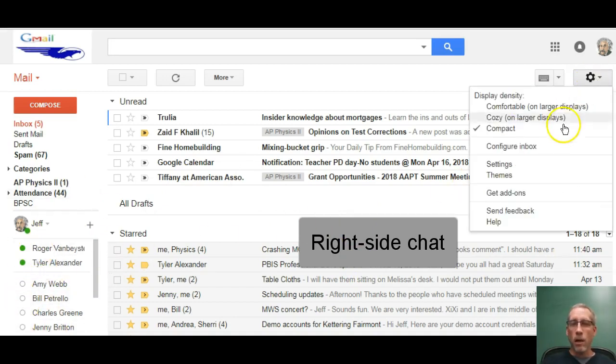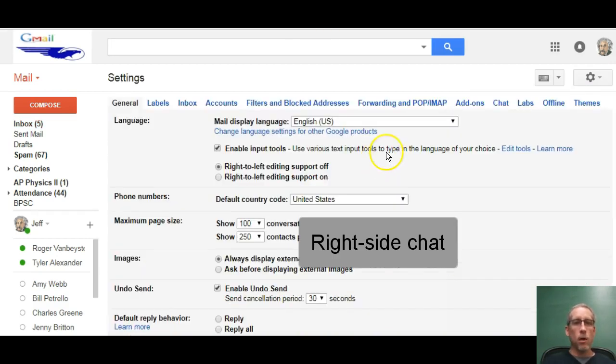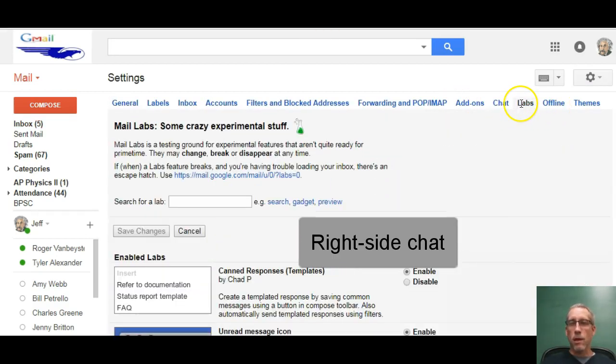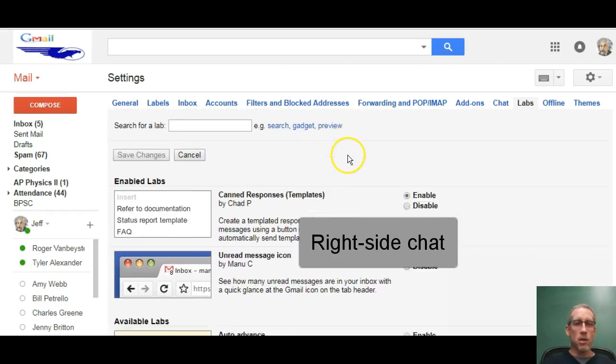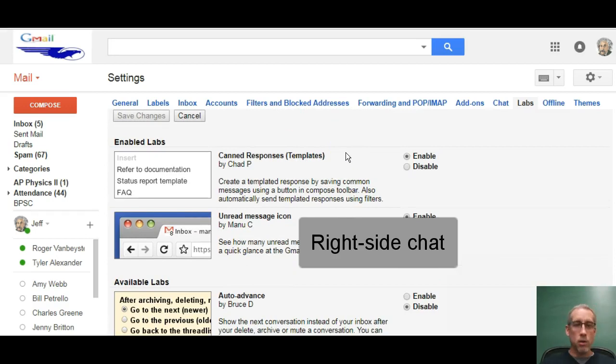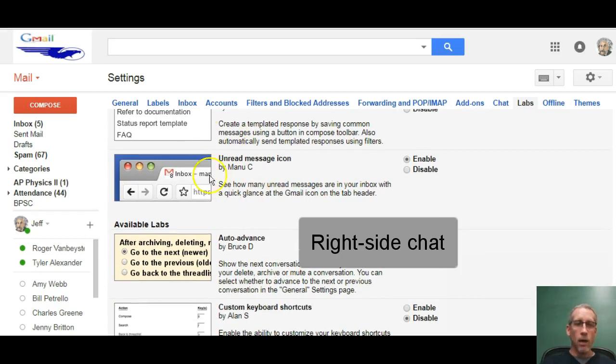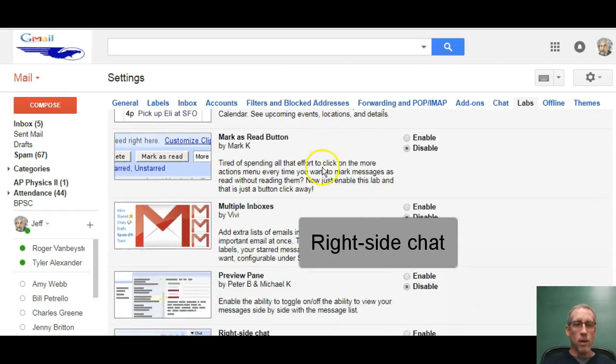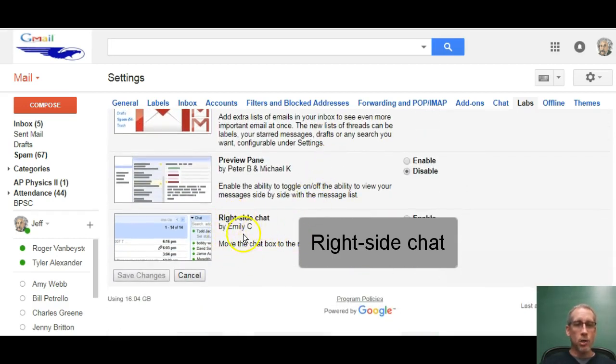And so there's some clever little things in your settings. If you go to what's called the labs, and it's kind of fun to read this. This is very experimental, but I've never had any problems with any of the labs that I've run. So I think this is just individuals who are like, hey, wouldn't it be neat if Gmail could do this? So there's something called canned responses. I've never really used it. I do have this, the unread message icon, and I'm going to go down here to the one that says right side chat, and it says by Emily C. I have no idea who that is, but if we enable that and then we go down here and save